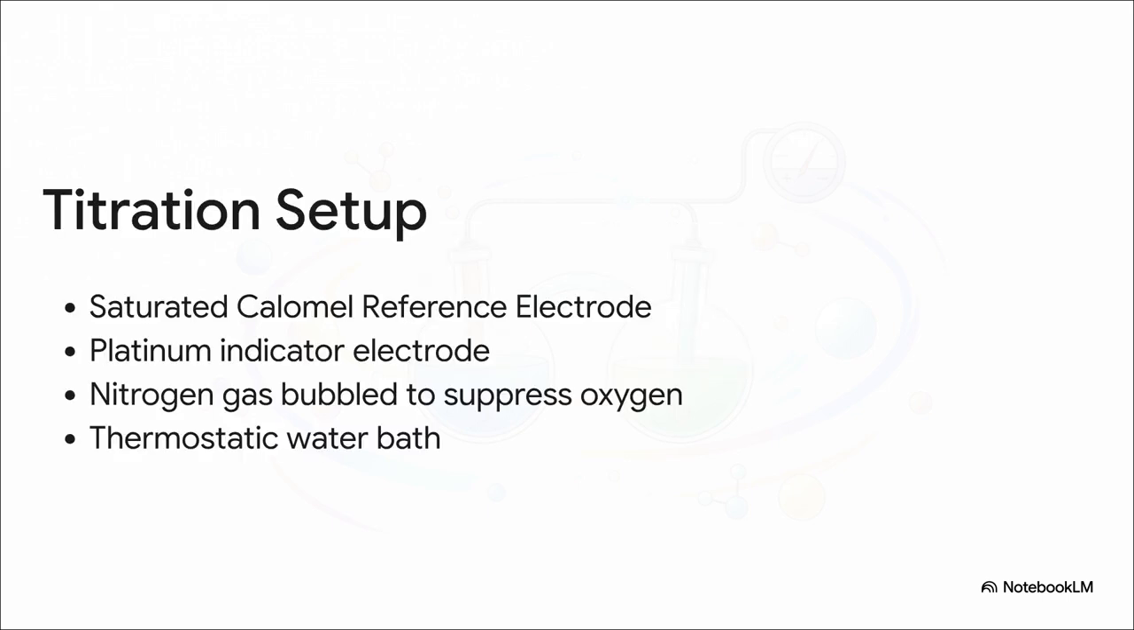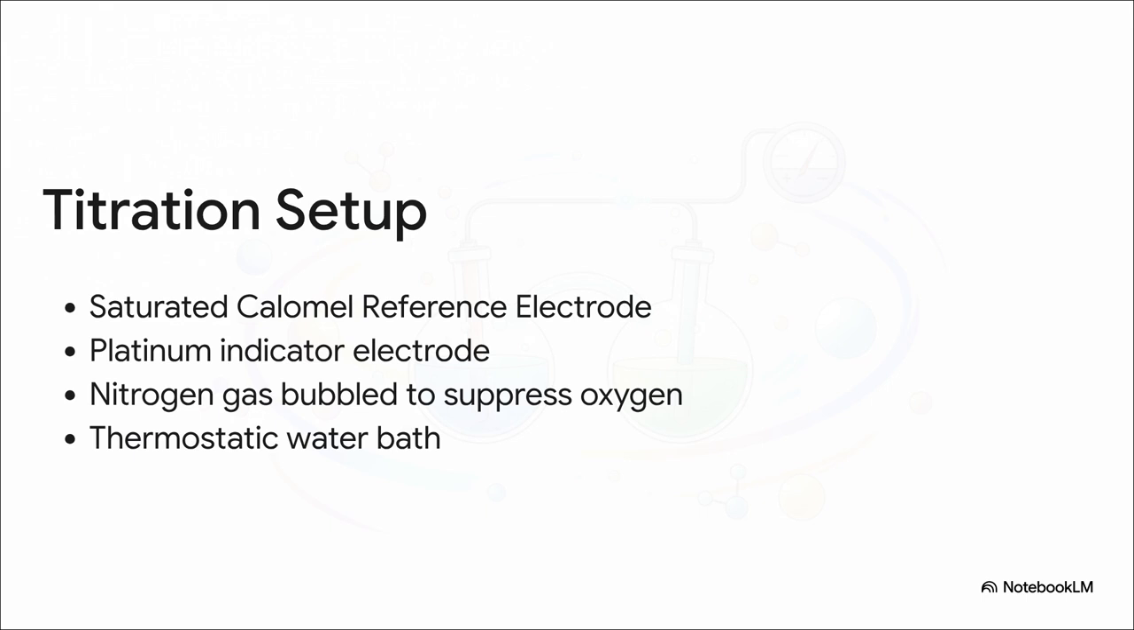But to actually run this iron and permanganate titration, the lab setup has to be incredibly meticulous. Instead of that bubbling hydrogen standard from earlier, Dr. Chem's setup uses a saturated calomel reference electrode. It's just far more practical for benchtop use, and it has a known fixed potential of 0.242 volts against the hydrogen standard. They use an inert platinum indicator electrode to track the iron, and this is key, carefully bubble nitrogen